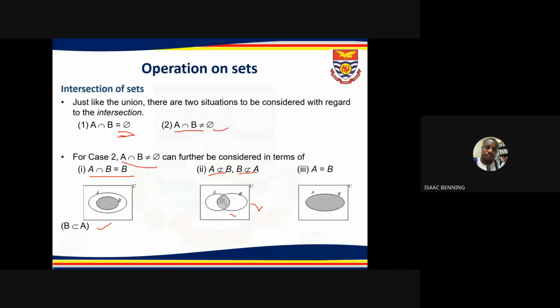Then we can have a situation whereby the elements in A are the same as the elements in B. In that situation, can we say A is a superset of B? Yes, because